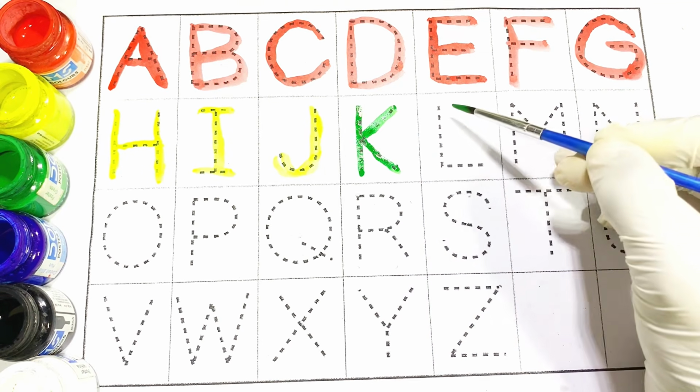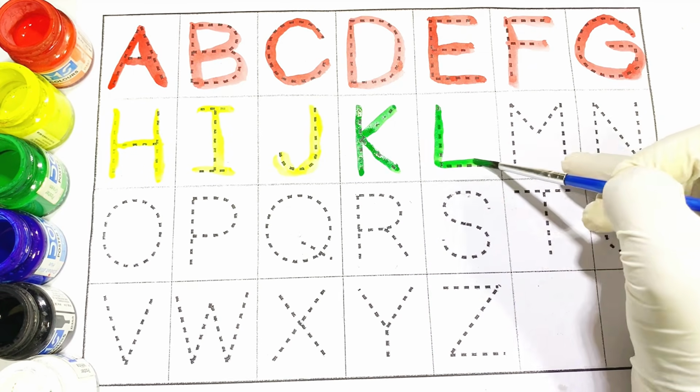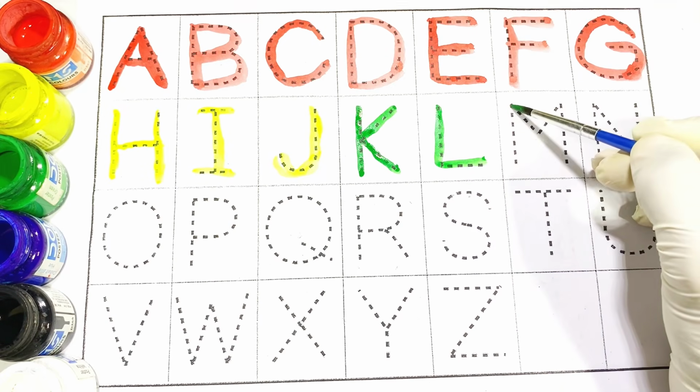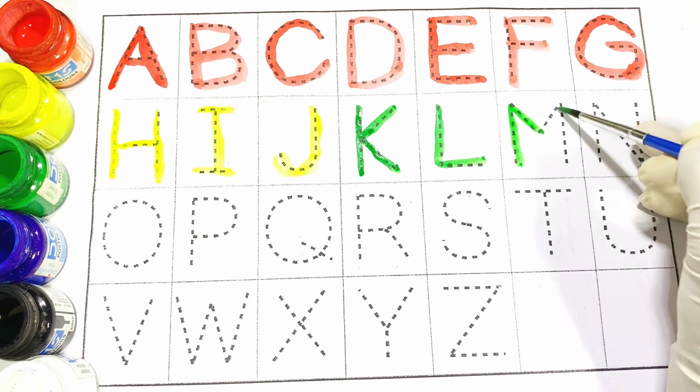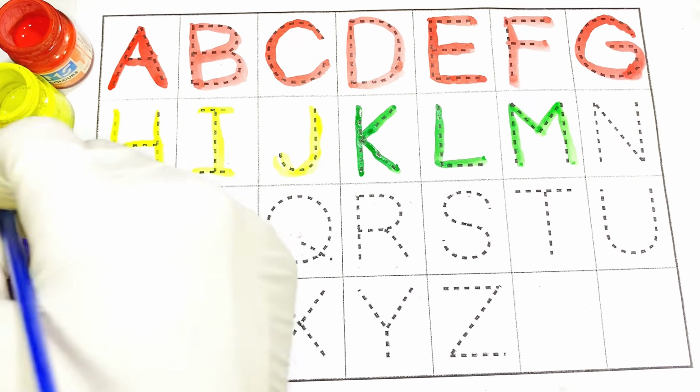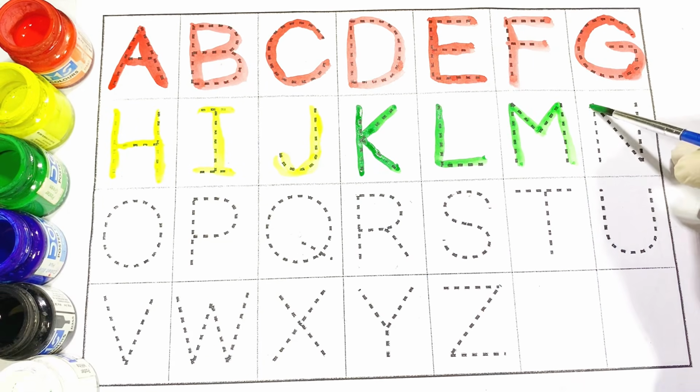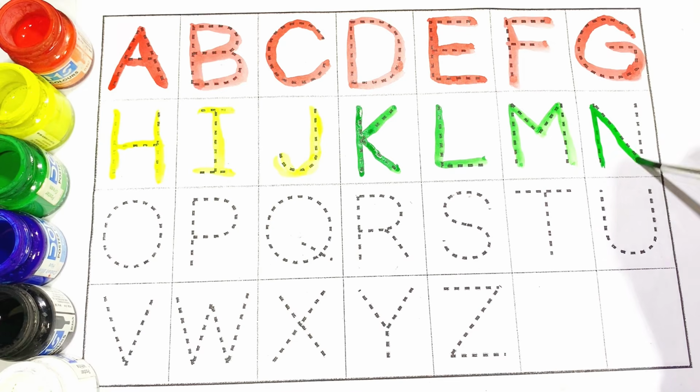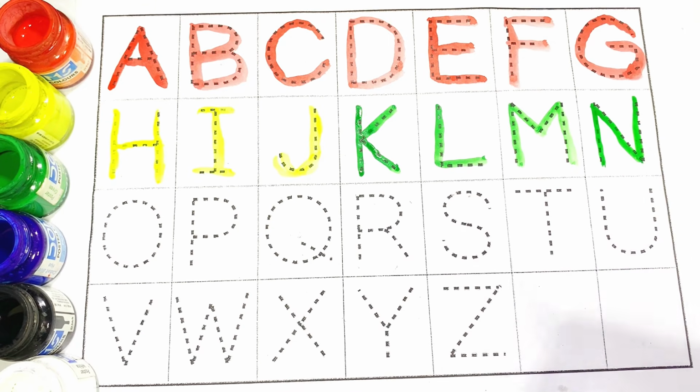K for king. L for lion. M for moon. N for nest. Kids now draw O and use